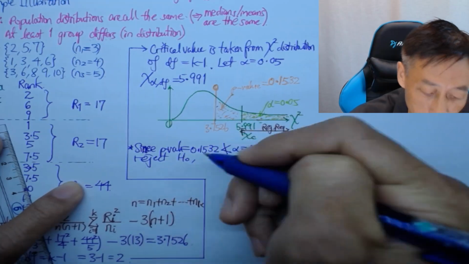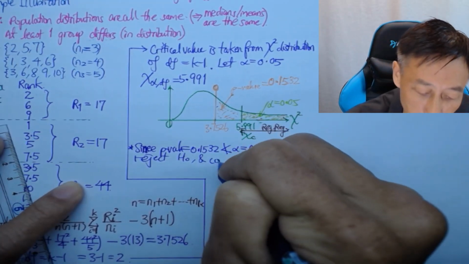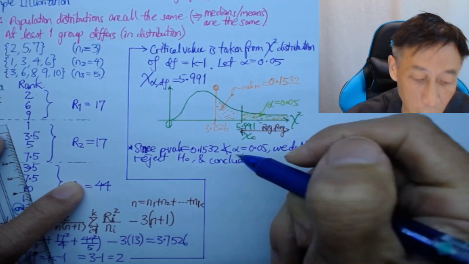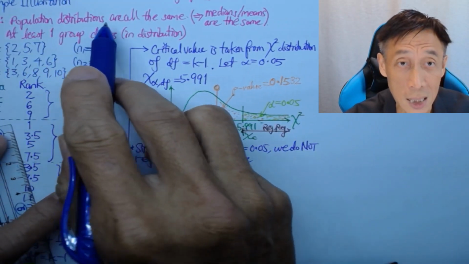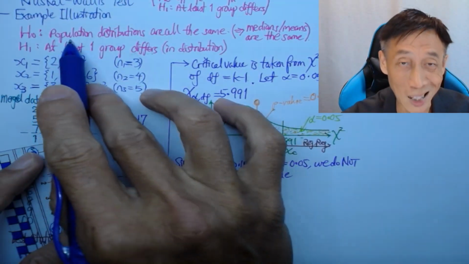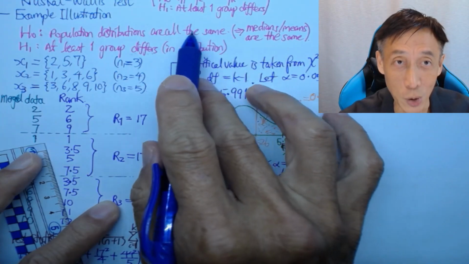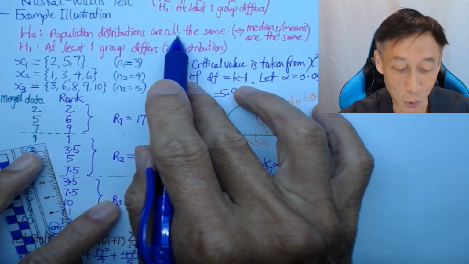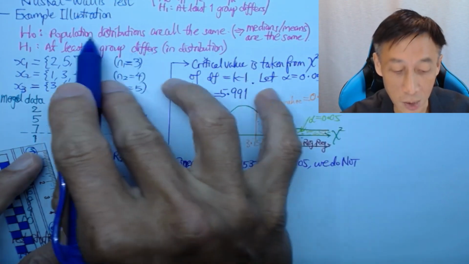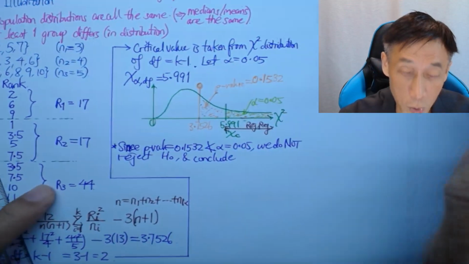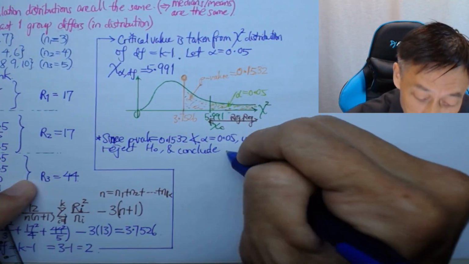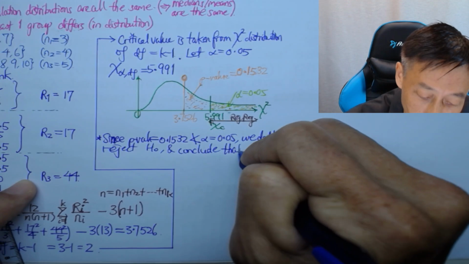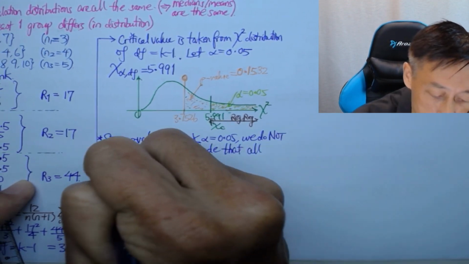If we do not reject H naught, we retain H naught and look at what H naught says in English. No Greek letters, no etas, no mu's, no sigma squares. So just state it: population distributions are all the same, and conclude that all medians are the same,